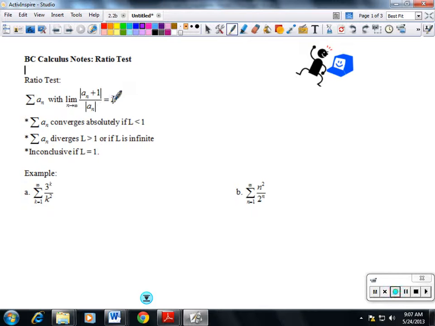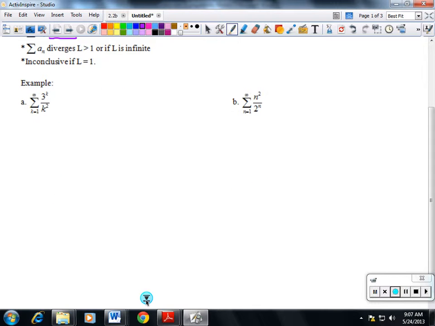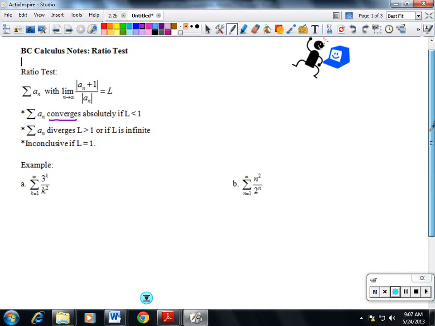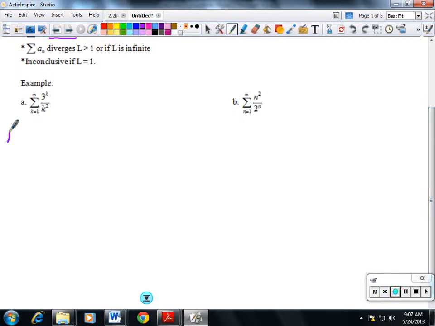And if that number, whatever it is, is less than 1, then it converges. If it's greater than 1, it diverges. And if it equals 1, it's inconclusive. So the way we're going to do that is we're just going to start out with the limit as n goes to infinity. So we're going to do the limit as k goes to infinity